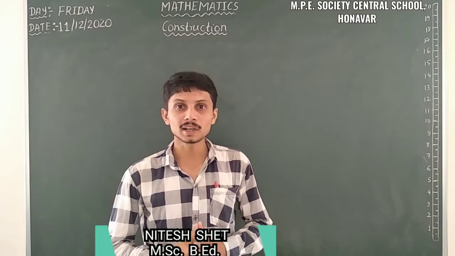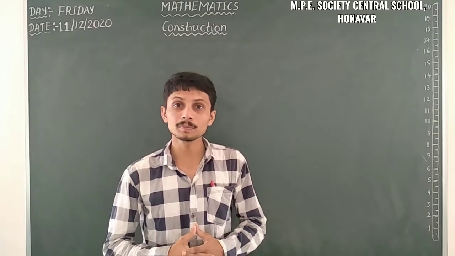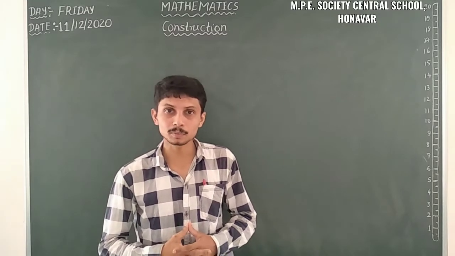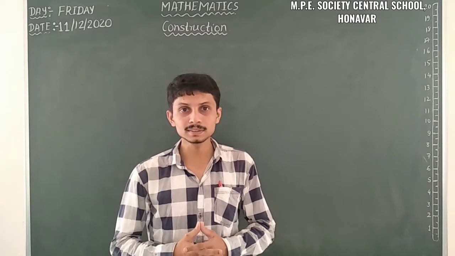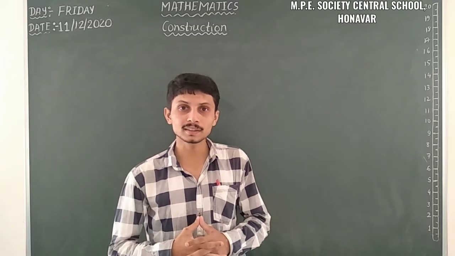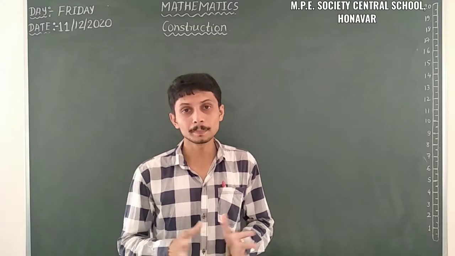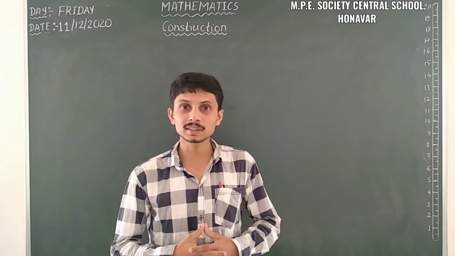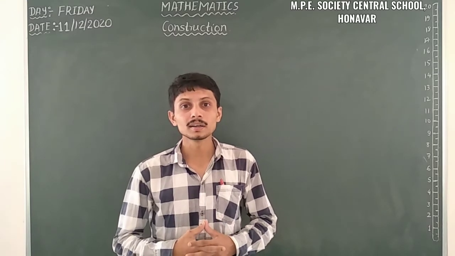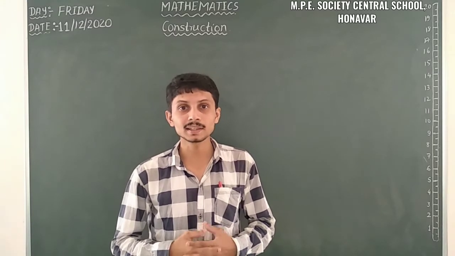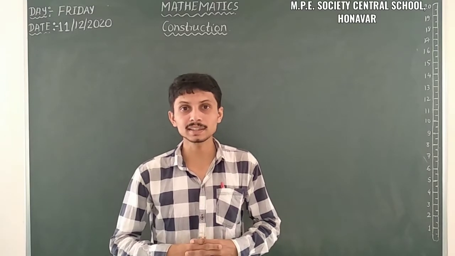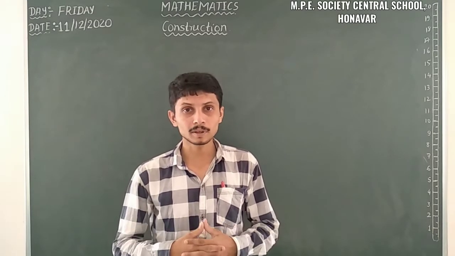I am from Manavara. Last class we discussed a topic from 9th standard, that is constructions. In constructions we already discussed four major constructions: the angle bisector, the perpendicular bisector, and also making an angle. Last class we also discussed constructing a triangle given its base, base angle and sum of the other two sides. So let us move on to the next construction, that is construction 11.5.